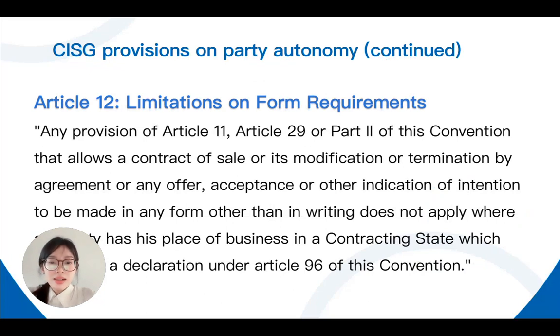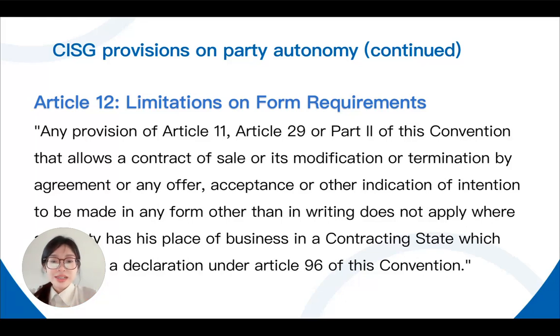Article 12: limitations on formal requirements. Article 12 imposes specific limits on the parties' ability to modify the Convention's provisions regarding the form of the contract. Any provision of Article 11, Article 29, or Part II of this Convention that allows a contract of sale or its modification or termination by agreement